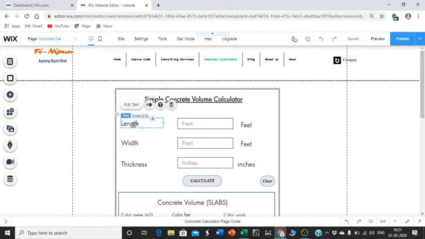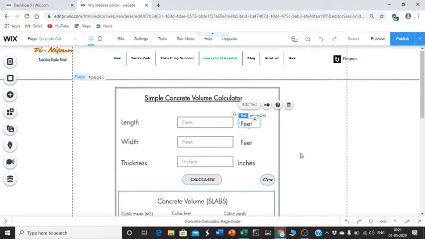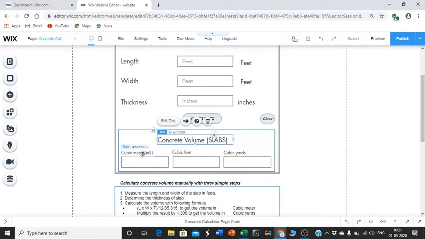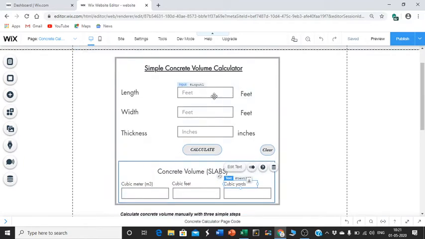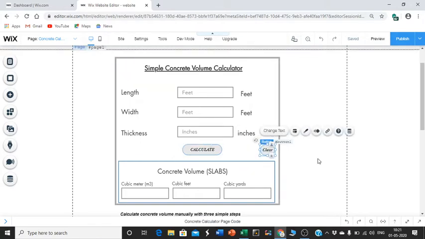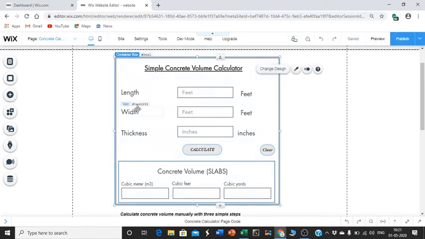And these are inputs, all input elements, and these are buttons, two buttons, plus the container box. It's highlighted in blue. Container box.